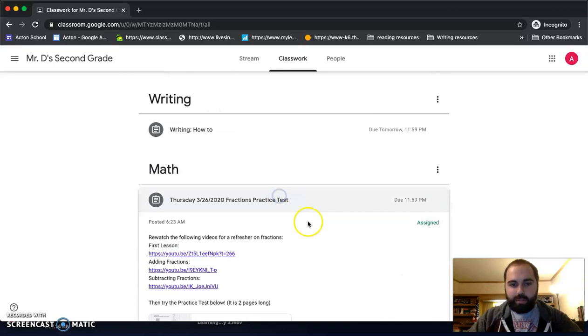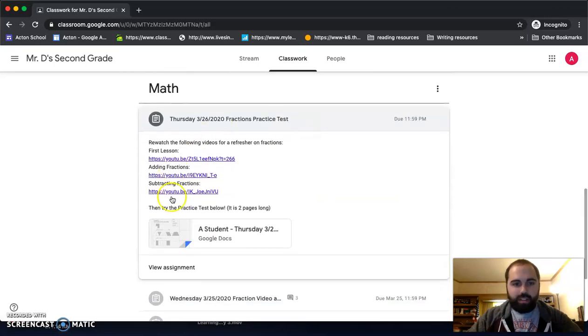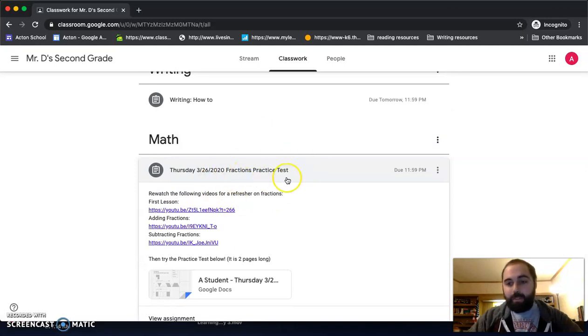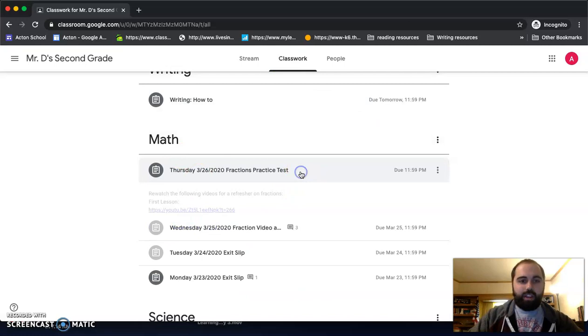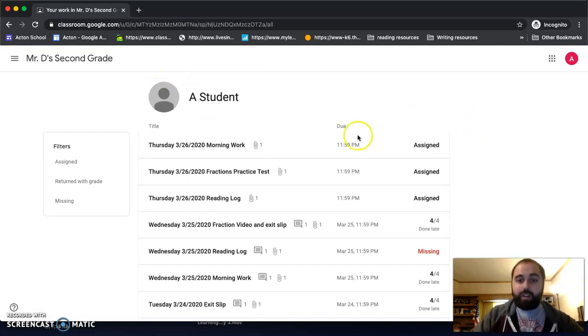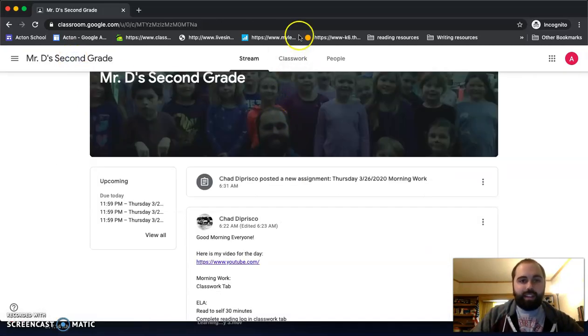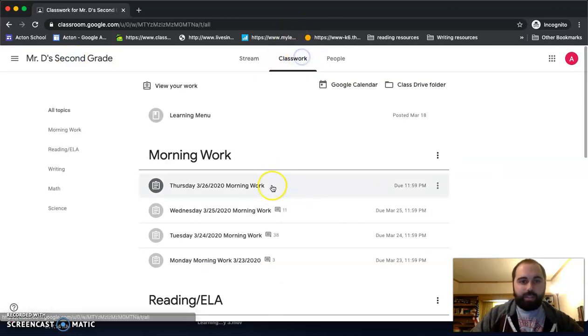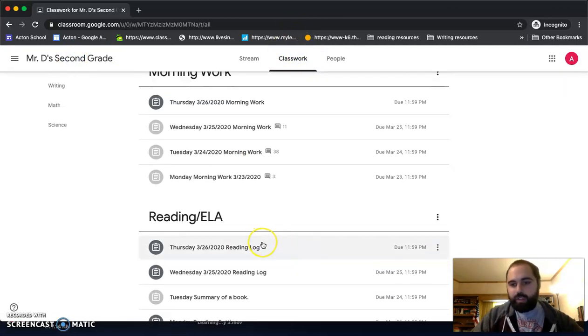And just for example, see? This assignment has a bunch of directions with it, so you wouldn't want to miss that. So if you're looking for an assignment to do, make sure you're going back into the classwork tab. Please don't go up into view your work to get to it. It's good to go in here and see how you're doing, see what's assigned today, but definitely head back into the classwork tab up here to see what you need to do every day, just for the directions.